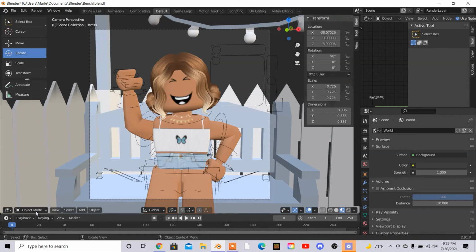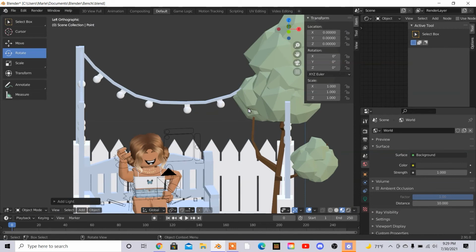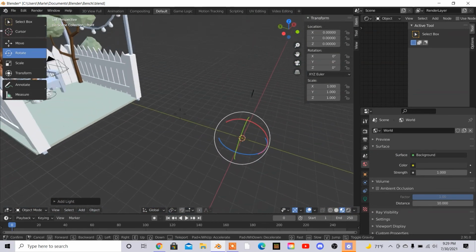But all you're going to do is make sure you're on object mode again, press add, go up to light, and there's these 4 options. I only ever use point and sun. Sun is good for outside if you need to add it with the HDRI or you're not using one. But I don't recommend using sun as much as I do point, so I'm just going to show you how to add point. So you're just going to click that and go ahead and find where it spawned in,